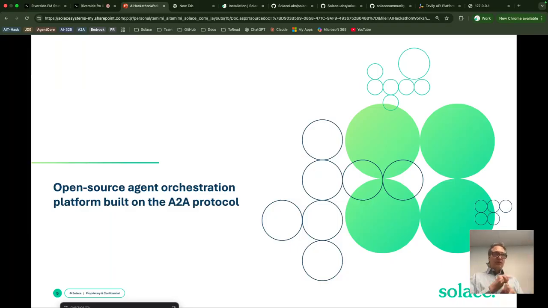Agent, so it's an agentic framework. You're going to use generative AI to build your AI agents. Orchestration, so you're going to have multiple agents in play and we're going to orchestrate them to accomplish some goal. So it's a platform, so you can use it for whatever you want. You want to improve your business, you want to take over the world, as long as you abide by the Apache 2.0 license, we're cool with that.